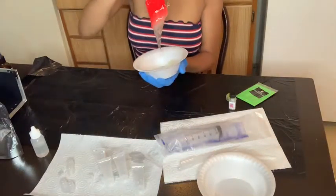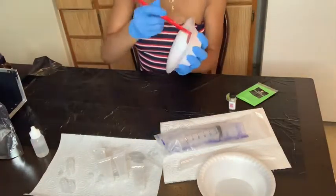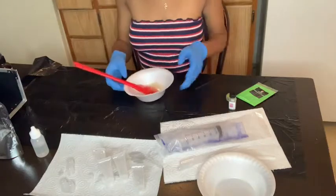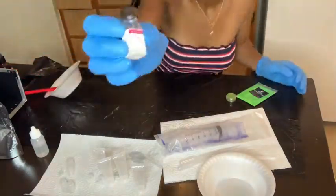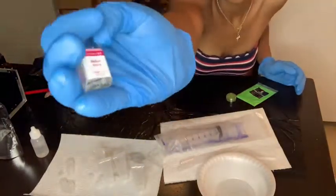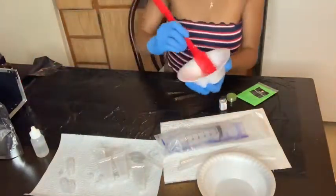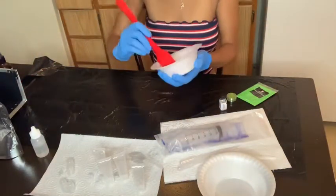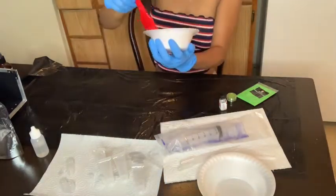So here I'm just making sure it's stirred and everything is mixed together. And that's the consistency that I like. It's not too chunky, it's not too runny, but it's that good. I don't know if you guys can see this, but this is a melon flavoring oil. And let me tell y'all,